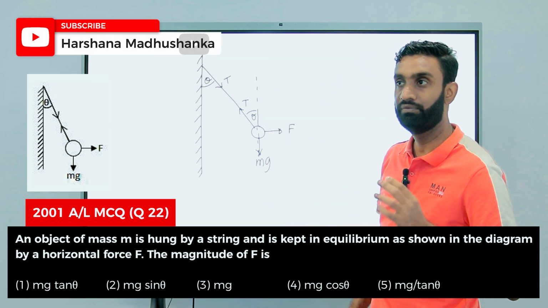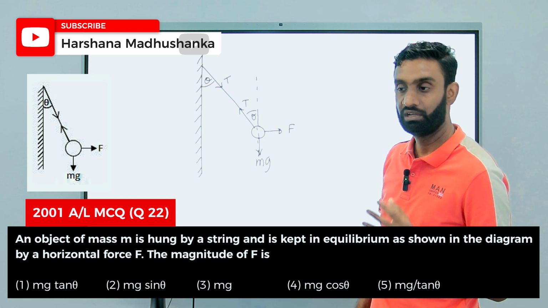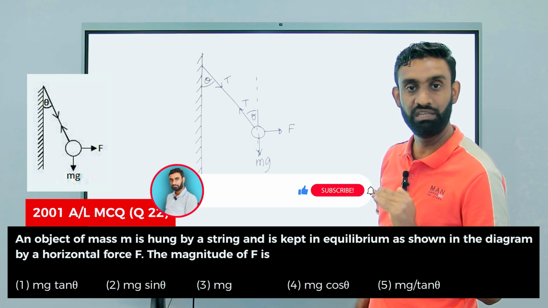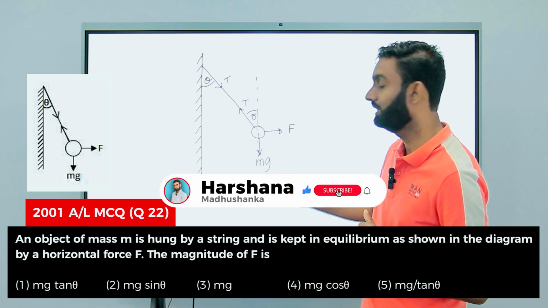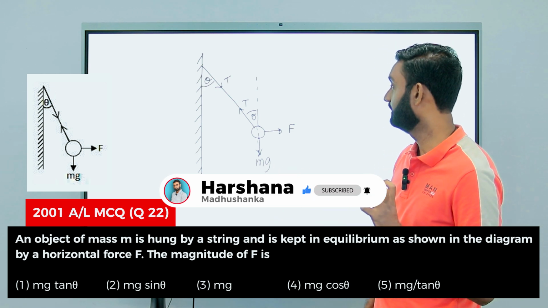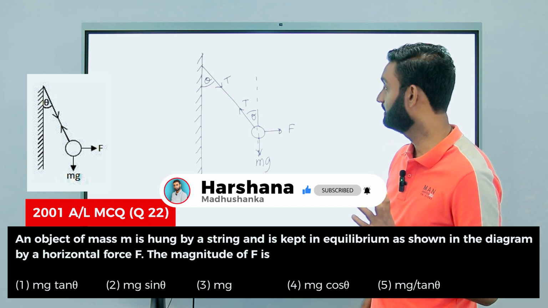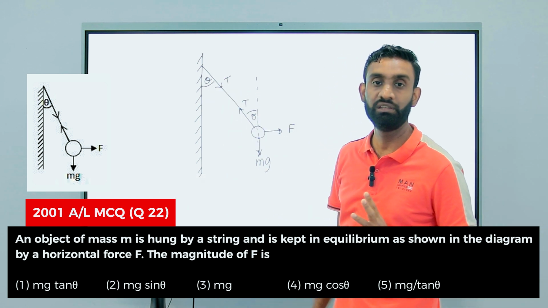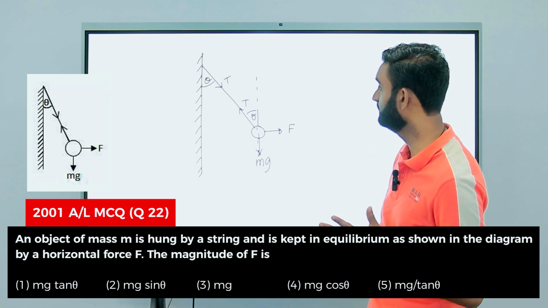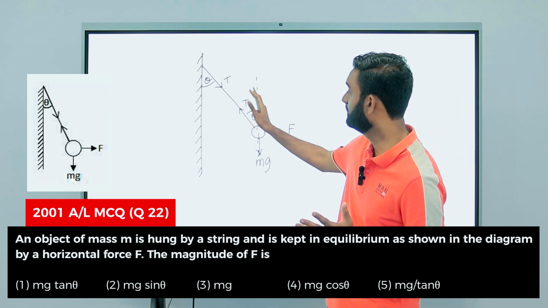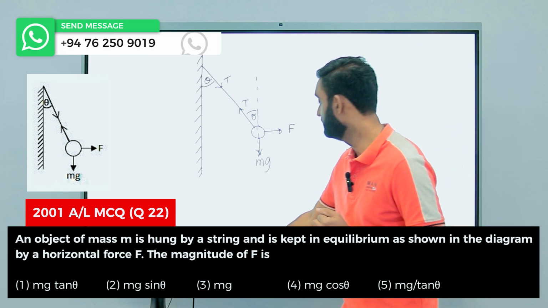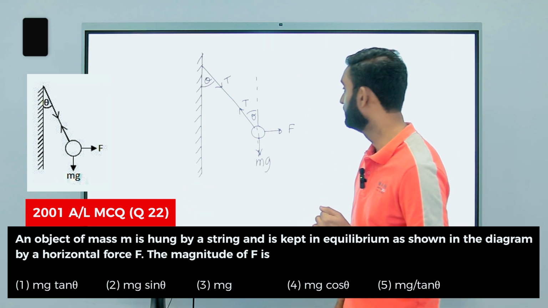The one thing, if it is in equilibrium, vertical and horizontal forces should be equal. This object is in equilibrium under three forces, where when this one is stretched, the tension develops. I put that one as T. Then I can take out the components, horizontal and vertical, due to this tension.